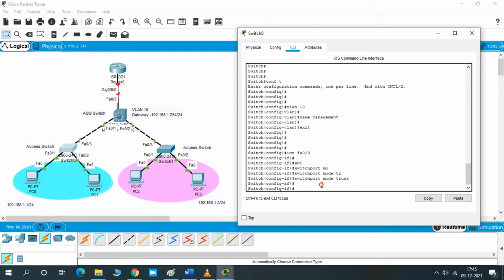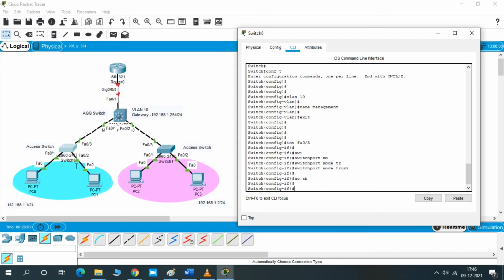Now the PC connected interface we have to configure as an access port, because only one VLAN is going to be allowed here. If the end devices are servers or storage using virtual machines, then we should configure it as a trunk. But as of now, we configure it as access.